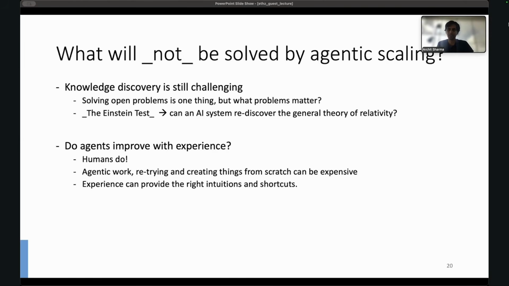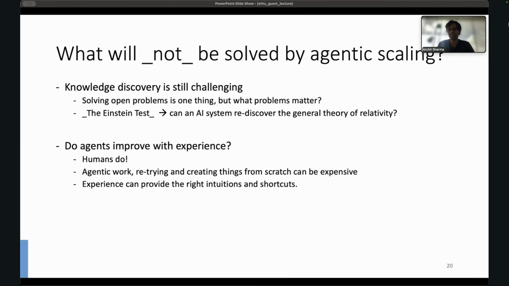But I think it's also useful for me to talk about that we have been scaling inference compute. We are scaling how much work agents can do. And this is not going to solve every single problem that we face, and it will make a tremendous amount of progress. It will drive a large amount of innovation. But as an AI researcher, I think there are still some things missing,